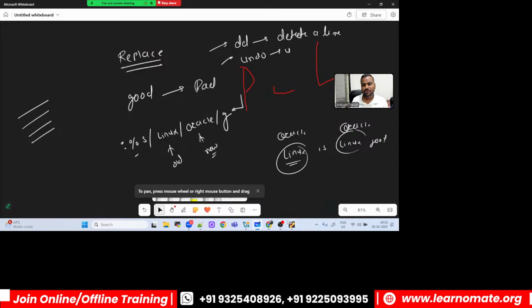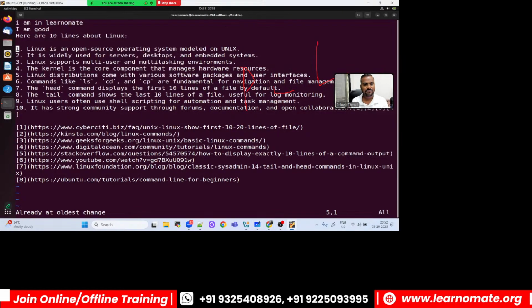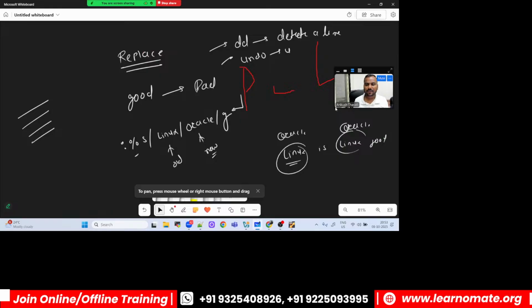And sometimes you want to delete a character also. Let's say you want to delete a character only. You can press the delete key on the keyboard, or you can press x also. X also you can press like this. So if you want to delete a complete line,